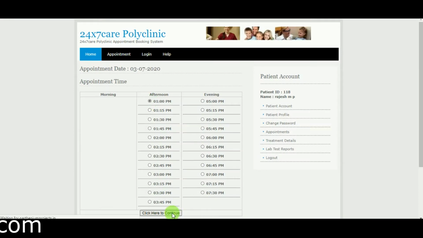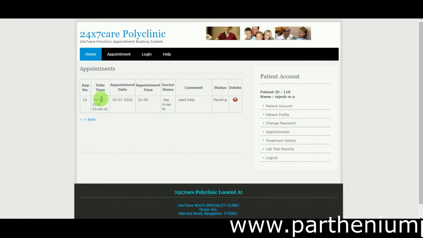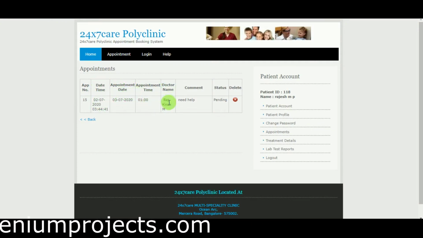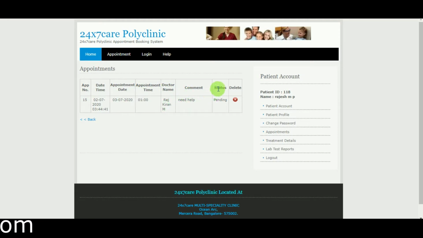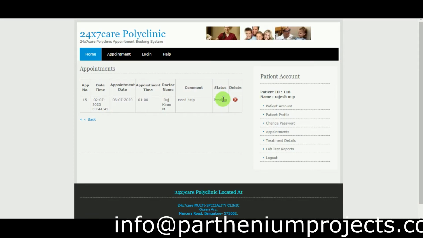Click on continue. Here you can see appointment number, date and time, appointment date, appointment time, doctor name, comment, status is pending. This is pending because the doctor has to approve your appointment.